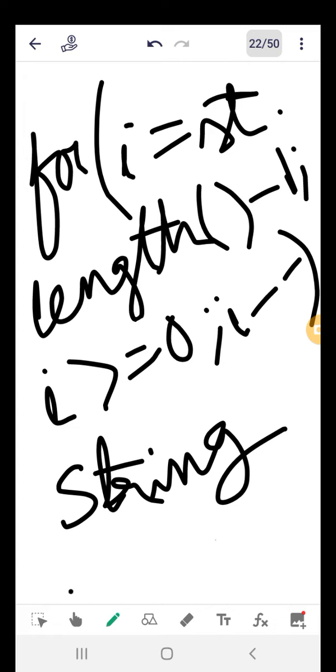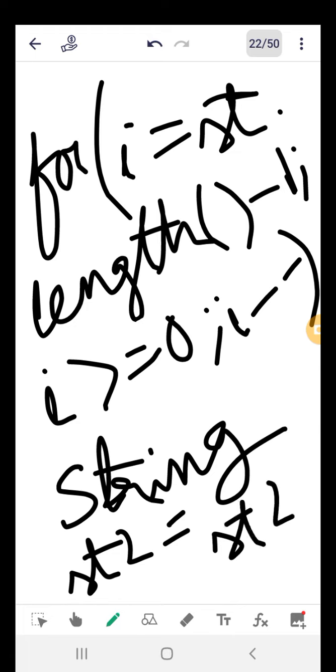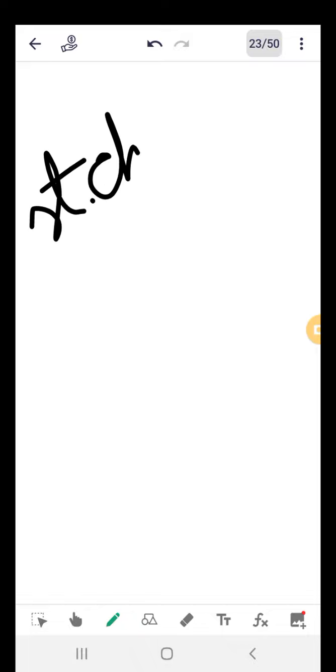Okay, so string st2 is what? St2 equals st2 plus. First time there is no value in st2, obviously, and I am declaring it here only. So String st2 equals st2 plus, that means first time st2's value is nothing. So nothing plus, what will we write? Nothing plus st dot